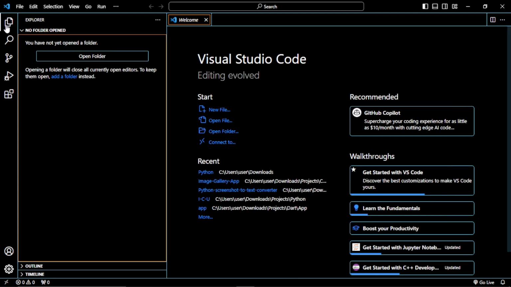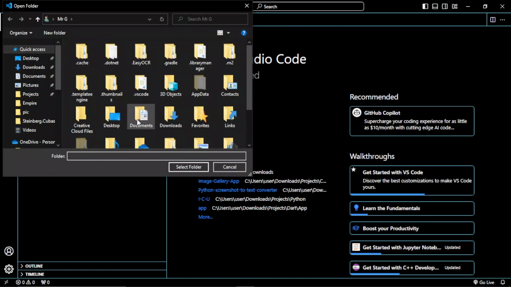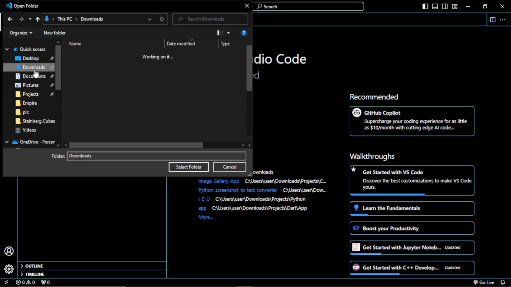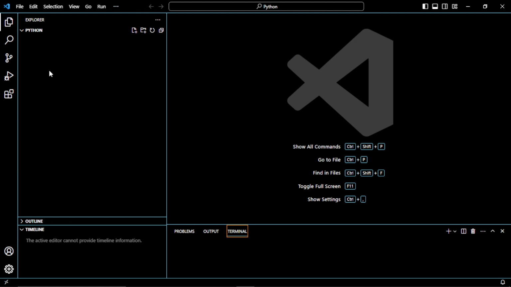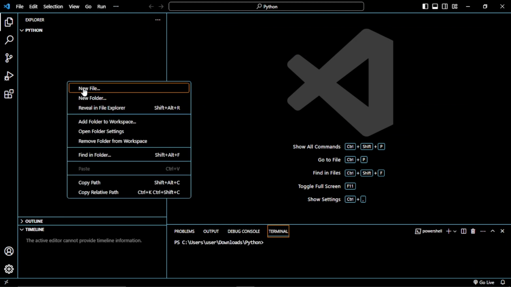So click on the Explorer folder, which is the folder I'm pointing. Then click on Open Folder. I had already created a folder to store my Python files. So I'll just locate it. If you don't have a folder, just create one and select it to open it. After opening it, it doesn't have any files, so I'll create a file. I'll call mine main.py